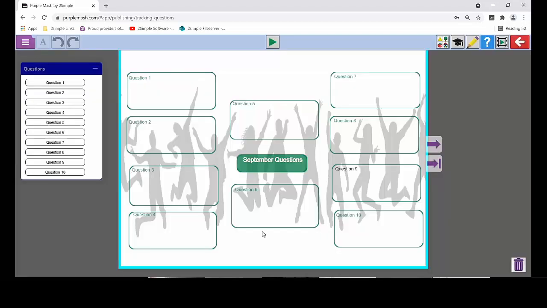This is the tracking questions activity, and on the side panel you've got a pop-up of all the questions, so the pupils can be reminded of them while answering. Each of the three activities has these sidebars to help go through them.